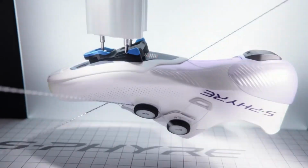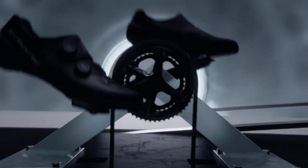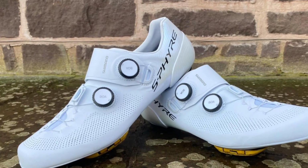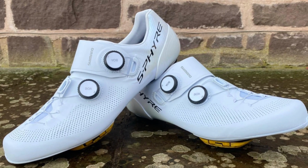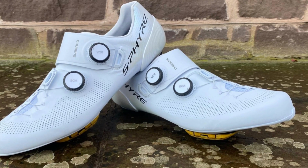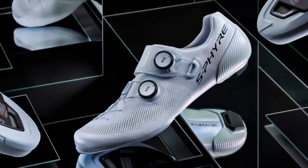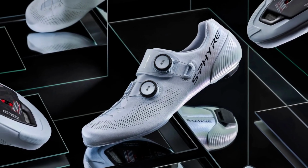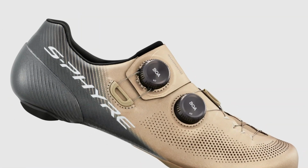The 360-degree surround wrapping upper, made of perforated microfiber leather, hugs the foot securely with dual BOA Li2 dials, offering micro-adjustments for a tailored fit, crucial during intense efforts like sprints or climbs. An upgraded anti-twist heel cup enhances stability, reducing twist under max power, a tweak informed by pro feedback from riders